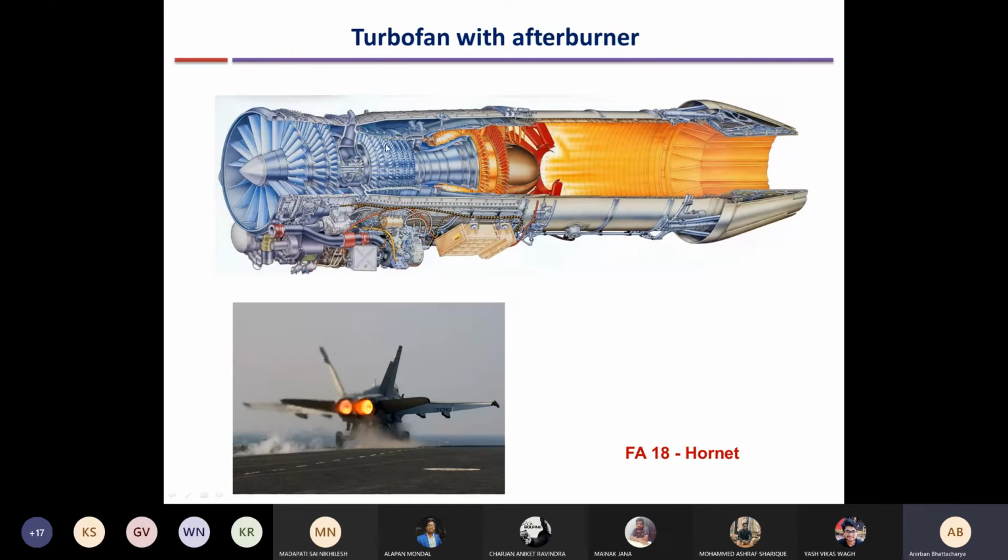Let me just quickly explain the principle of this. You have the compressors, similar to turbojet engines. This is a turbofan with afterburner, but you can have turbojets also with afterburner. So you have compressors, then the combustion chambers, and then there are turbines. The turbines are used for running the compressor. So after the turbines,